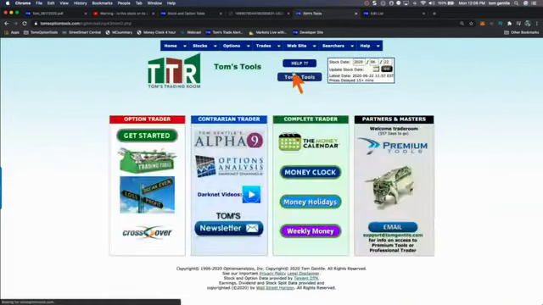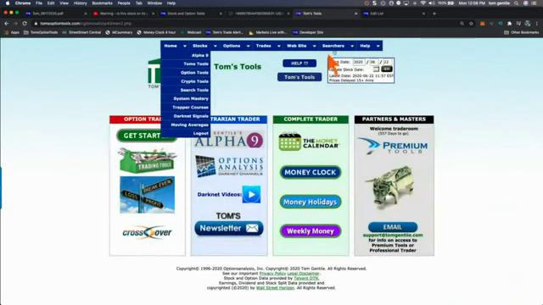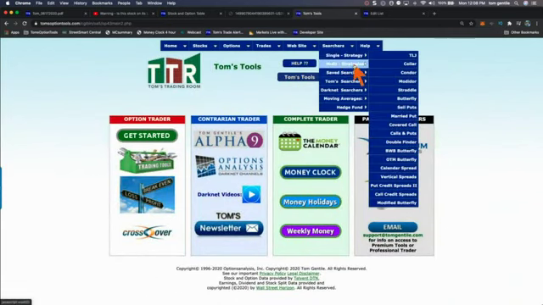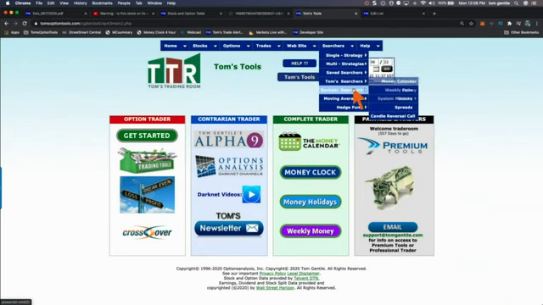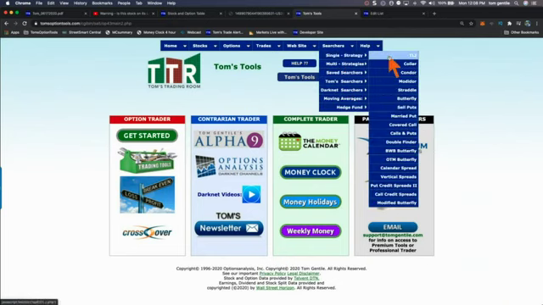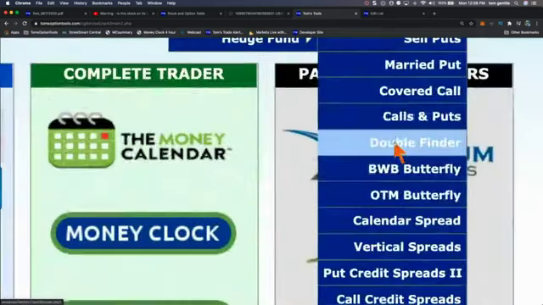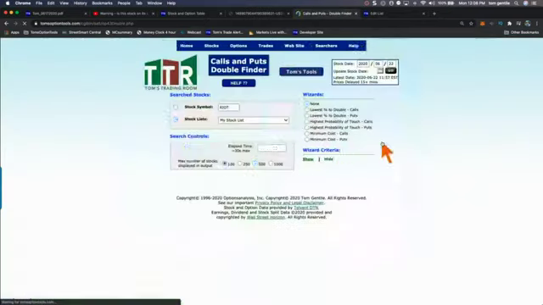The way I get to this, by the way, guys, is in my searchers. I go to searchers. I have single, multi, saved searches, Tom searchers, darknet searches, money average searchers, and hedge fund searchers. So I'm going to go to single strategy. I'm going to come down to Double Finder. See that Double Finder right there? I'm going to click on that.